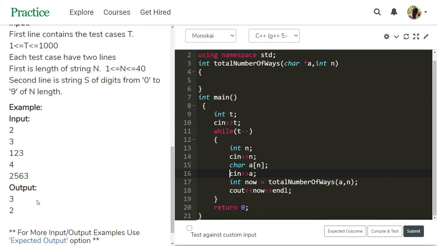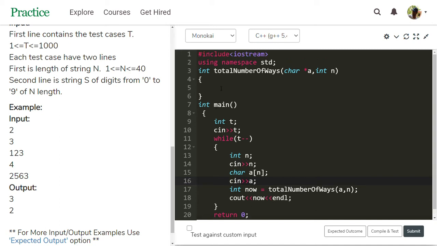Then to find the ways, use the function totalNumberOfWays, passing two parameters a and n. That function returns an integer value that is stored in ans, which is the output.